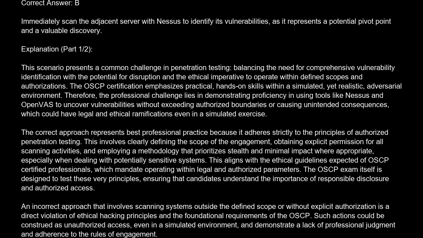The OSCP exam itself is designed to test these very principles, ensuring that candidates understand the importance of responsible disclosure and authorized access. An incorrect approach that involves scanning systems outside the defined scope or without explicit authorization is a direct violation of ethical hacking principles and the foundational requirements of the OSCP. Such actions could be construed as unauthorized access,